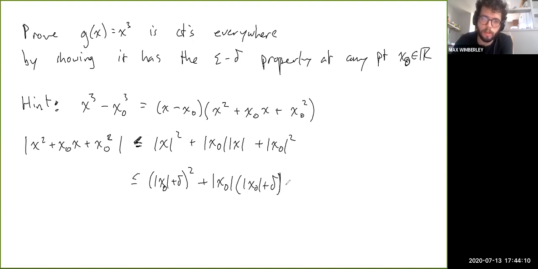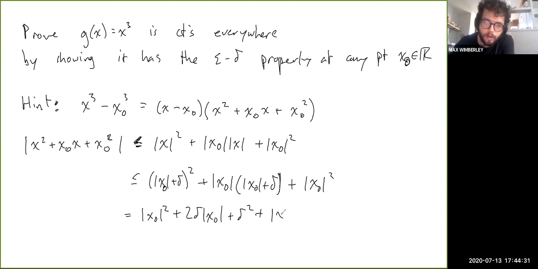And then we have just x naught squared. If you expand this, you'll get x naught squared plus 2 delta x naught plus delta squared, and then we have another x naught squared plus x naught delta plus x naught squared. So all told, that's 3x naught squared